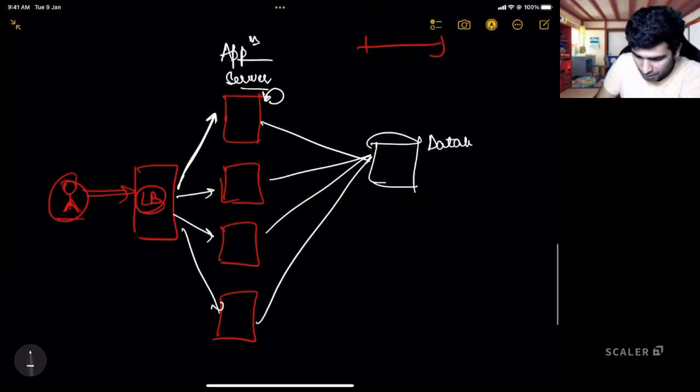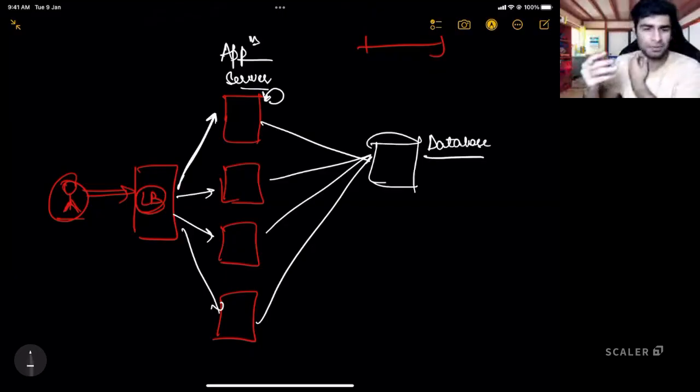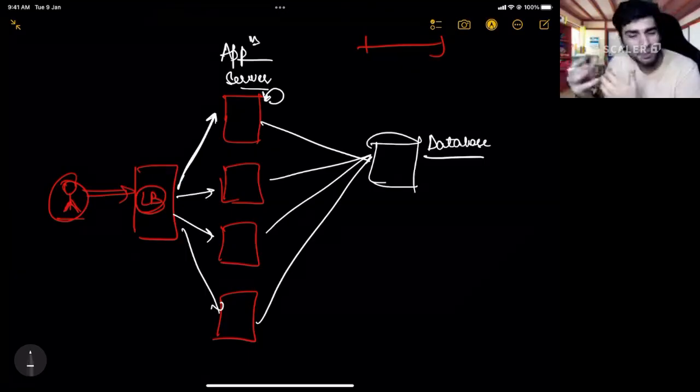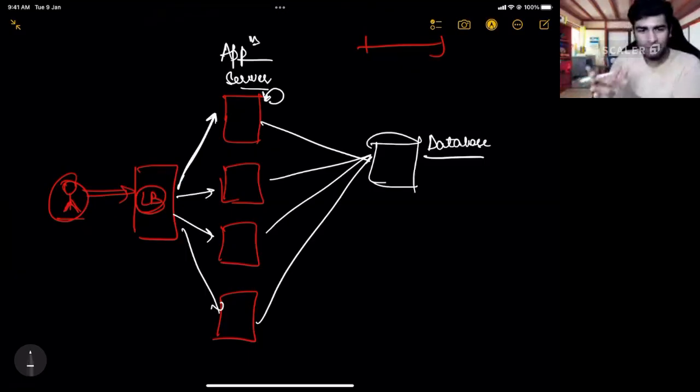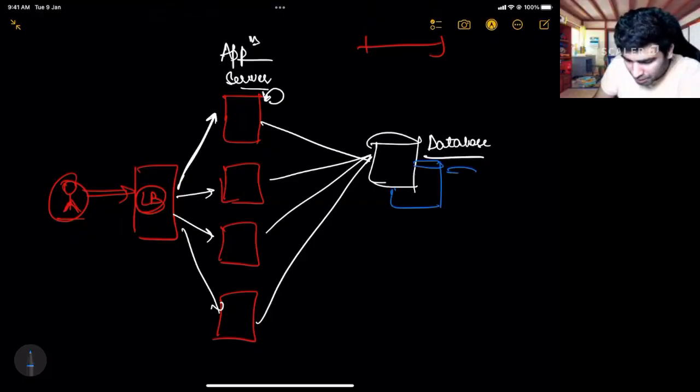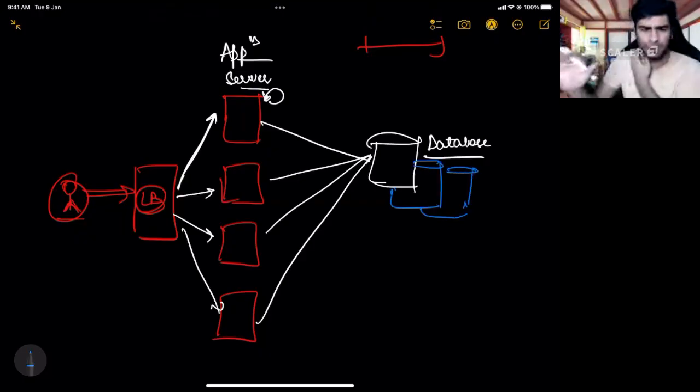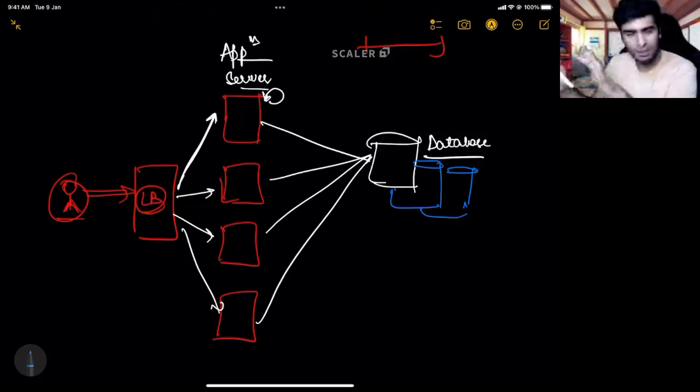Okay. Now let us imagine an application of Google scale. Do you think a single database machine will be enough for that? No, a single database machine is not enough. There will be many databases, right? Your data will be distributed across multiple machines. So often that database also ends up getting replicated or sharded, whatever. All of these things you are going to learn in HLD. There are multiple other things involved in the design as well.